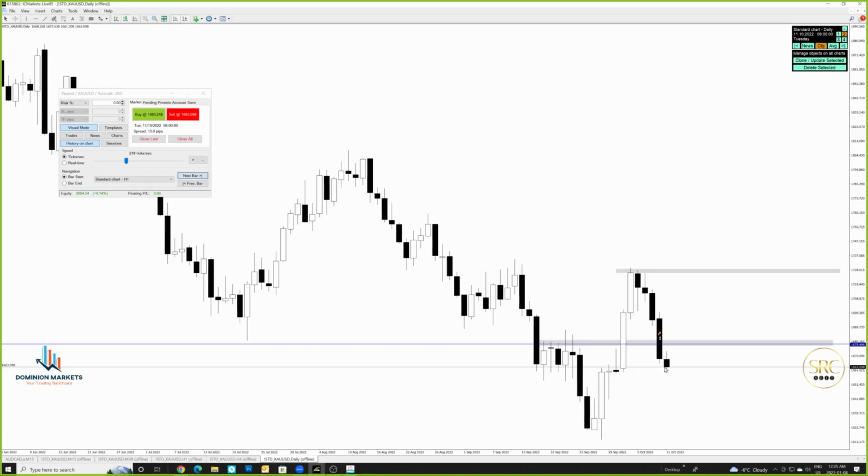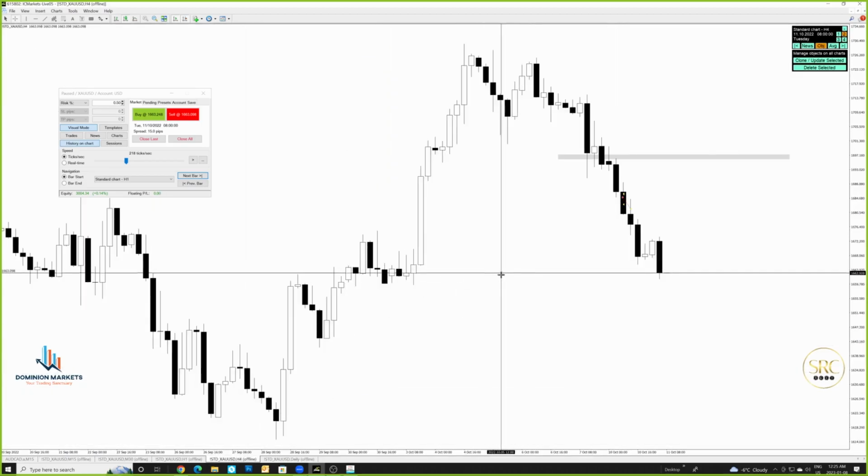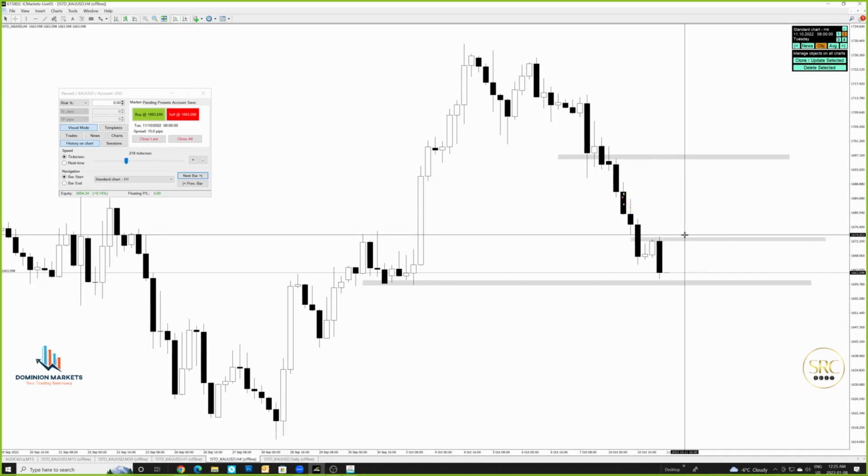So maybe daily can continue to push down, but we're also coming up towards some sort of a support to the left hand side as well. Let's take a look on the 4 hour time frame. Looking at the 4 hour, we have a support to the left hand side, and also the 4 hour has created a resistance. So if we can break above 1674, this resistance, I think there's a very good probability for price to move up. And other than that, I think we'll have to take a look on the smaller time